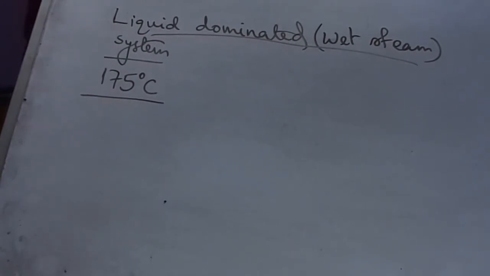The most developed such system is found at the Wairakei fields in New Zealand. When water is brought to the surface and pressure is reduced, rapid boiling occurs and it flashes into steam and hot water. If you draw the single flash steam system,